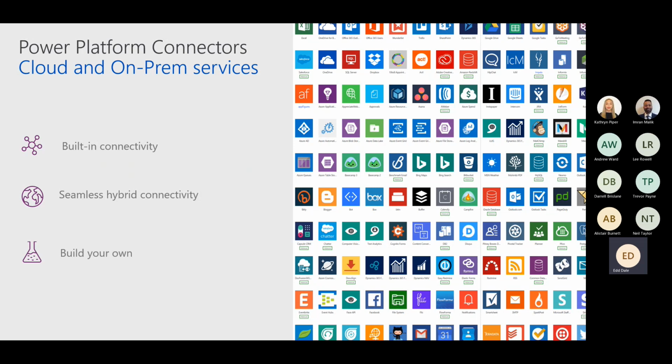It also offers seamless hybrid connectivity to on-prem systems via the on-prem data gateway. And you can also easily build your own custom connectors using tools like Postman, for example. There are a number of third-party tools that allow you to authenticate Common Data Service instances and to compose and send web API requests and view responses, but Postman is definitely one of the most popular.